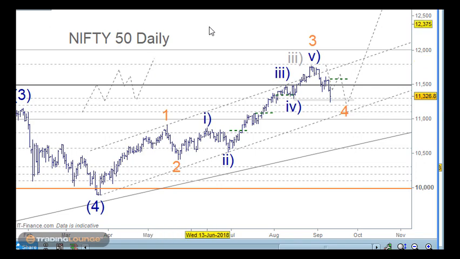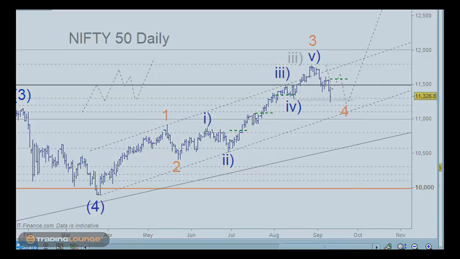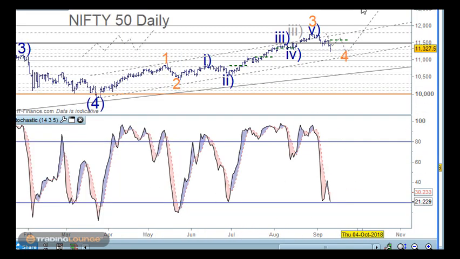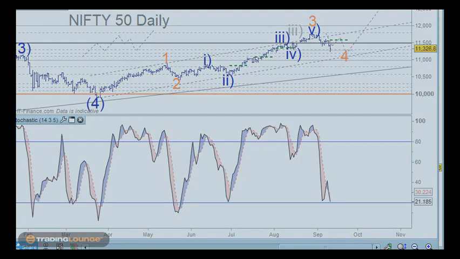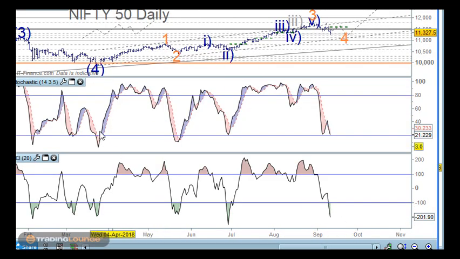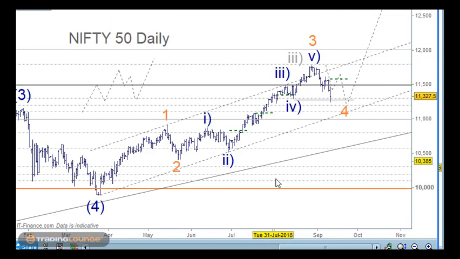Your indicators will probably be saying we'll be in buying positions now. Let's just have a look. I always like stochastics, so daily stochastics is good, and something a little bit sharper, CCI, is always pretty good. So yeah, that's just coming into the buying zone here now as well. Look, I know that I don't use indicators, and it's not like I don't like them. It's just that I kind of see how they work, so I can see it in the price action, so it doesn't really matter too much.